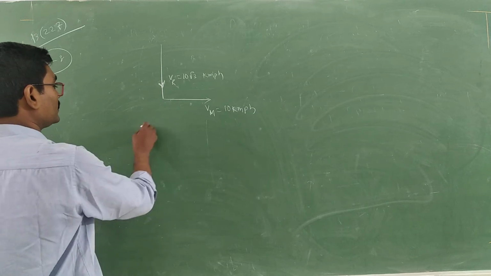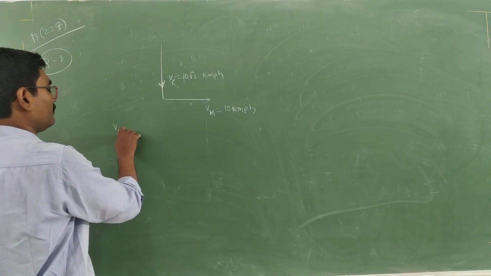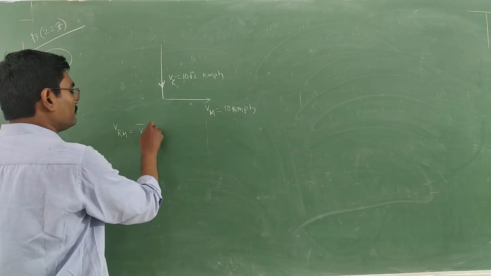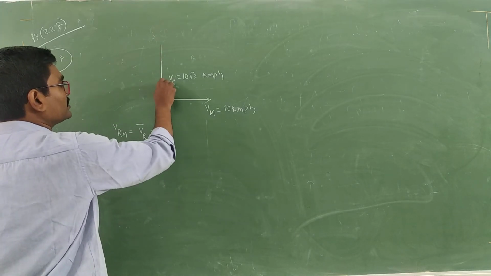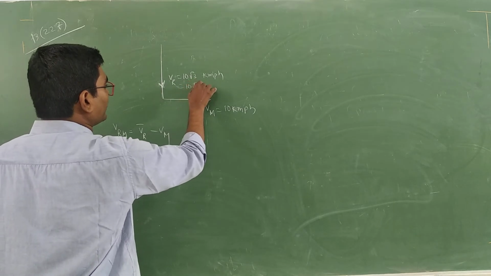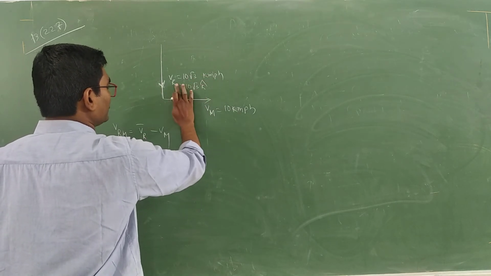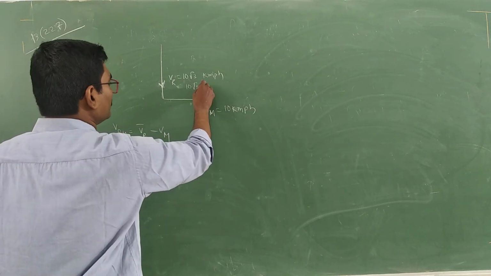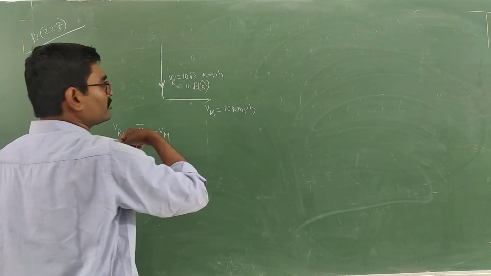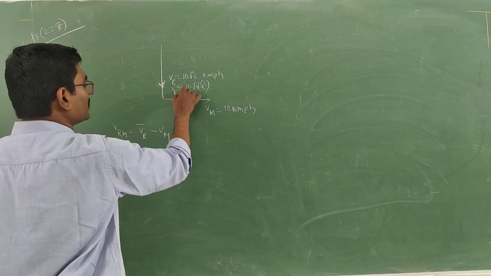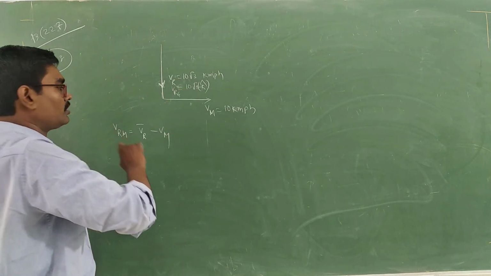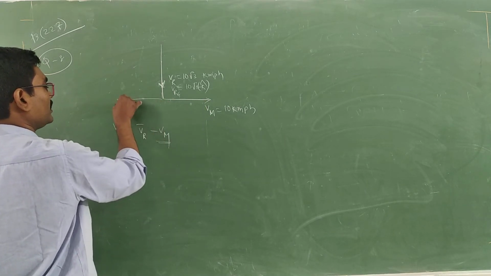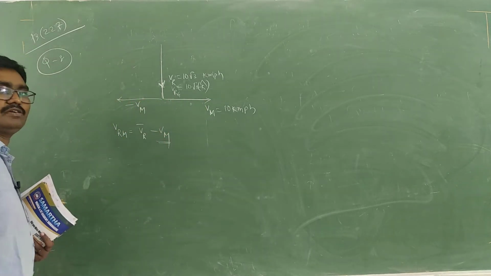Now what are they asking? Velocity of rain with respect to man. To calculate it, you write velocity of rain minus velocity of man. Velocity of rain is this way, so you can write 10 root 3 into minus k cap, vertically downwards. That is velocity of rain with respect to ground. And the man's velocity is this way, so I need minus Vm, in the opposite direction.